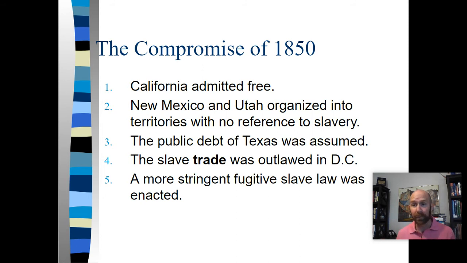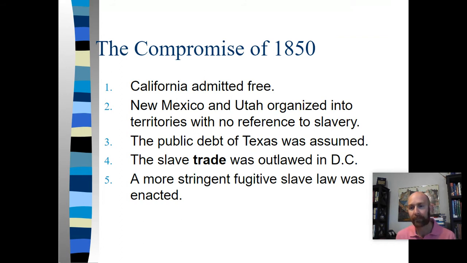The North is going to be super upset at the fugitive slave laws. They're going to feel like it's the South forcing their will on the North. Both sides feel that way, by the way. The South feels that the North is sending down conductors to steal their property. And then the North feels like with the fugitive slave law they're being forced to do something that they find immoral. And so we're just starting to get to those irreconcilable differences, where both sides start to think maybe we're going to have to split, or the South is going to feel like they're going to have to split.